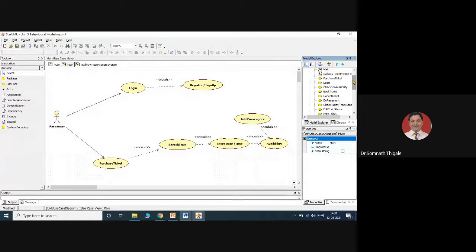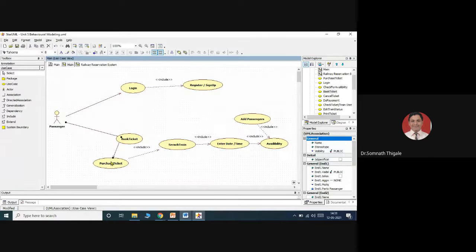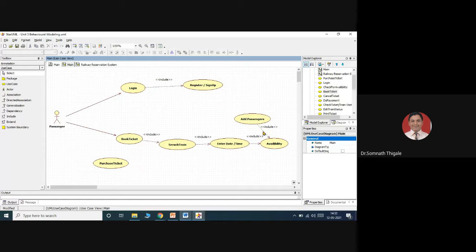I need to show the book ticket scenario over here. So book ticket will be represented here. The relationship will be there. Inside the book ticket, you can have all these flows. Okay. Once the booking part is done, the ticket is booked, you can go for the purchasing. So this will extend. So book ticket will extend purchase ticket, like that.